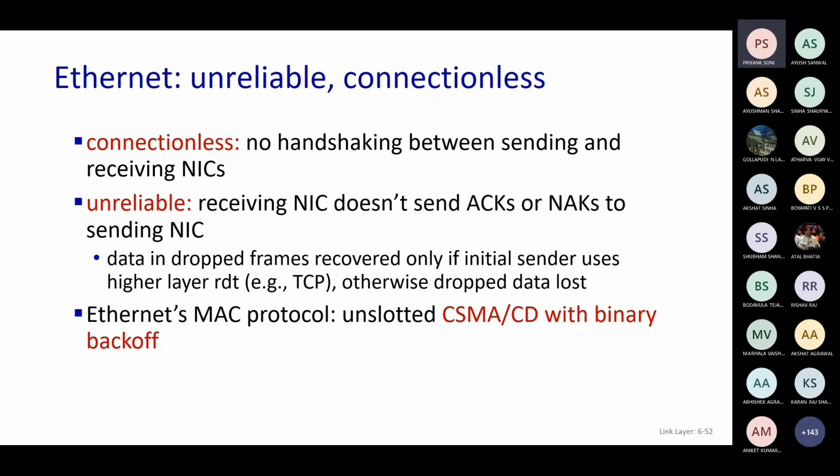Now, again, does somebody remember why that is so? When I had spoken about this, I was very particular about saying that this is very important. Collision detection is easier in wired networks than wireless. Why is it easier? Any thoughts on that? Think about it. Why is collision detection easier in case of wired medium than that of wireless medium? Think about the Ethernet topologies that we just saw.